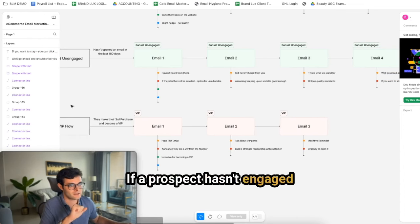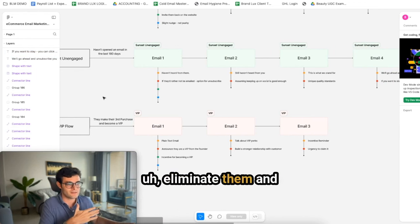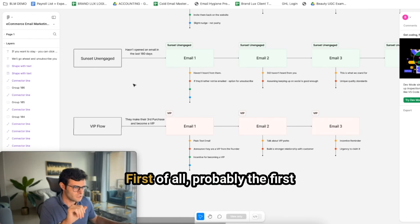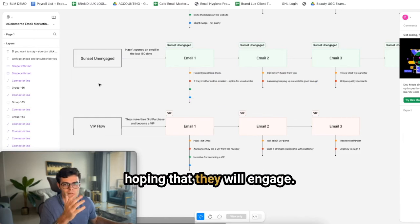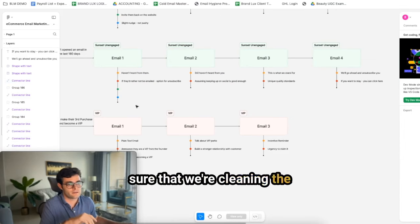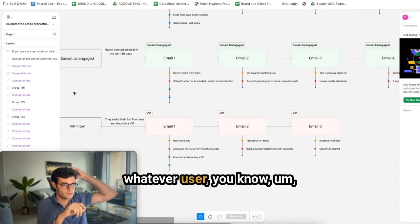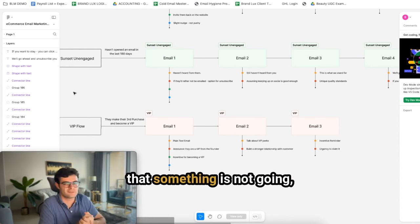If a prospect hasn't engaged in 180 days, and you don't eliminate them and clean the list, then it's going to hurt your deliverability. So this is also great. First of all, probably the first couple of emails are to really just re-engage with them, hoping that they will engage. That's obvious, right? Get them back into the funnel. But it's also really detrimental not to clean the list, or else our deliverability goes down, because Google or whatever infrastructure you're using for your email marketing detects that something is not going